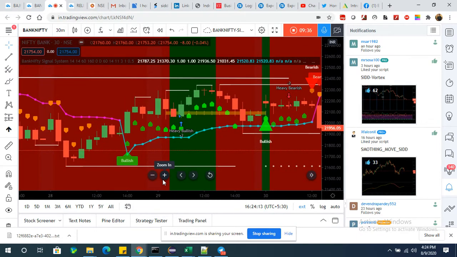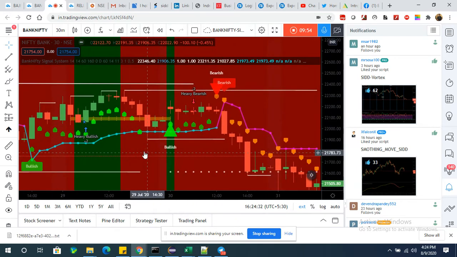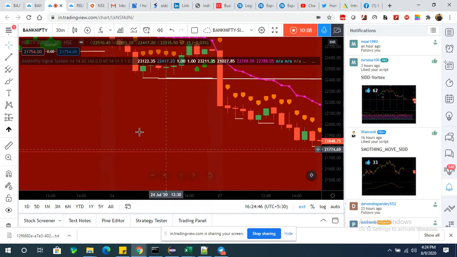Okay. So the green arrow, this heavy bullish is there, and previously we have this upside arrow with the green color. It's a lime blue color, green color. Good to hold, good to hold until a heavy bearish signal comes, or your new signal comes. Okay, so the bearish signal came here, then this trade gets closed with this trade.